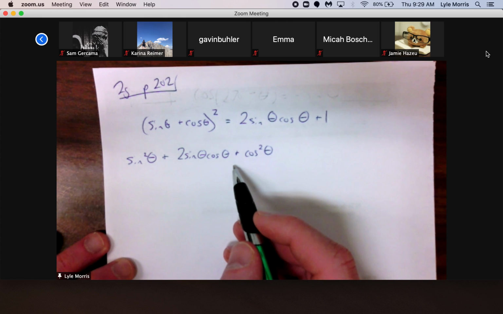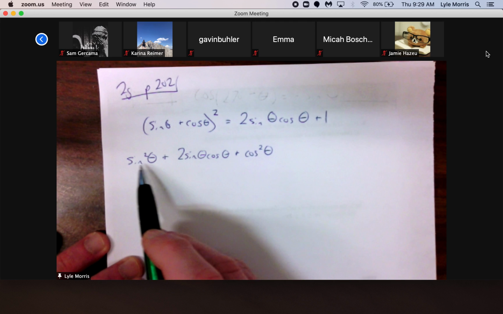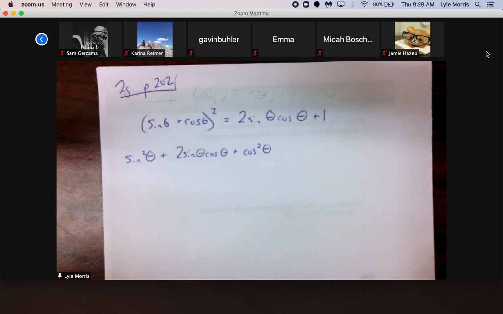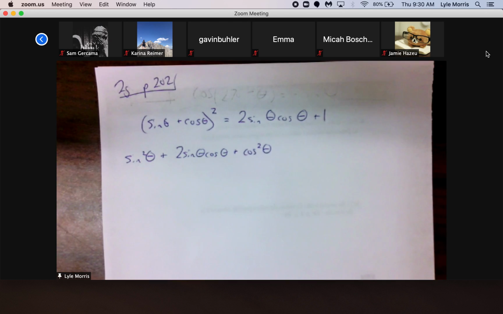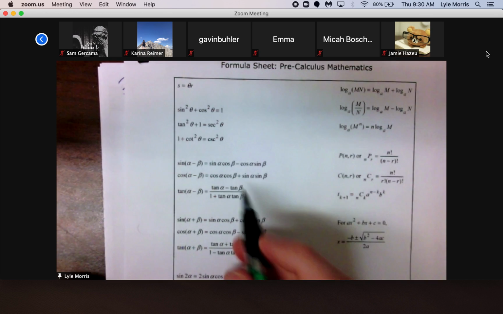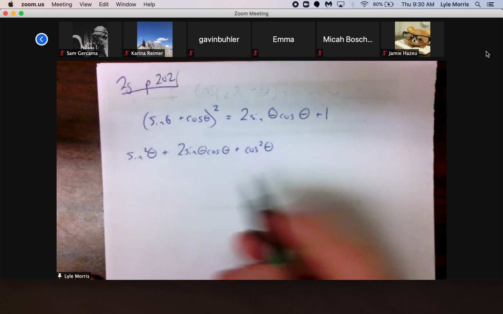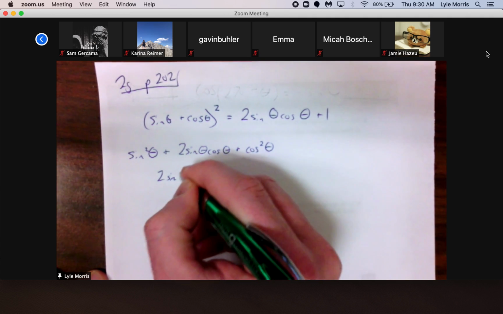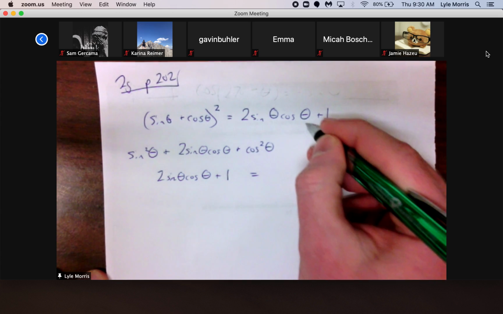You probably love it when I say things like, this looks actually pretty easy. So all I did is I just squared this. Sine squared of theta plus cos squared of theta equals 1. This is one of the first ones that we did. So we have 2 sine theta cos theta plus 1 equals